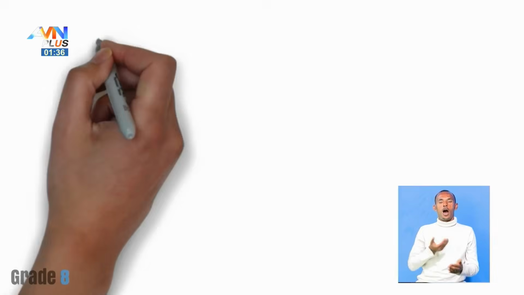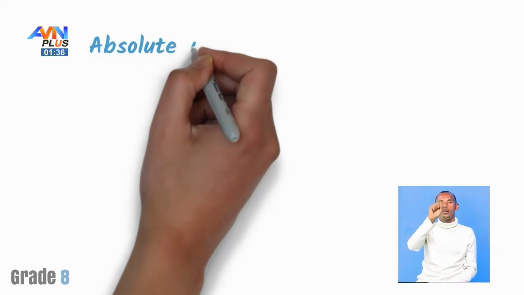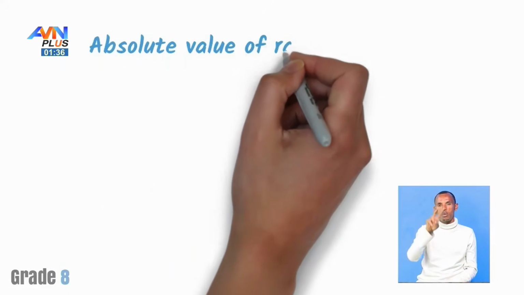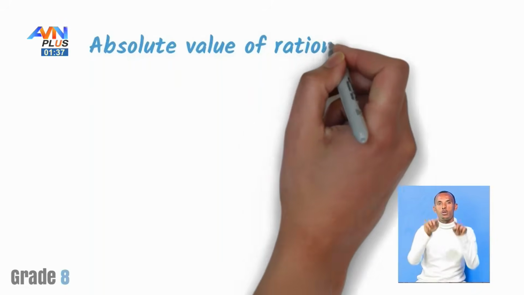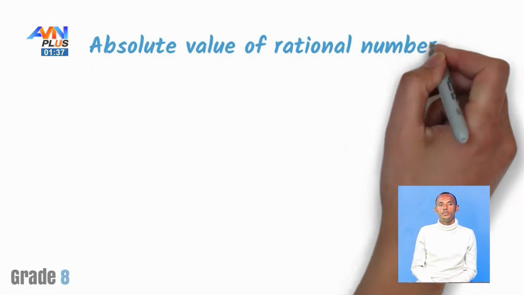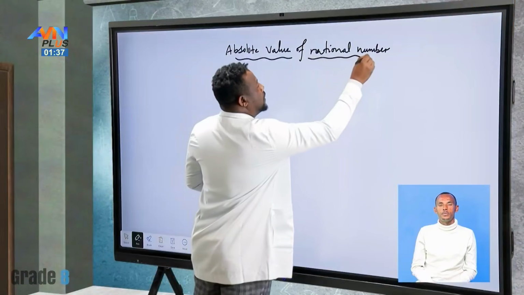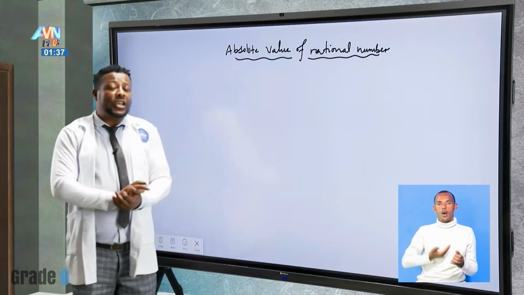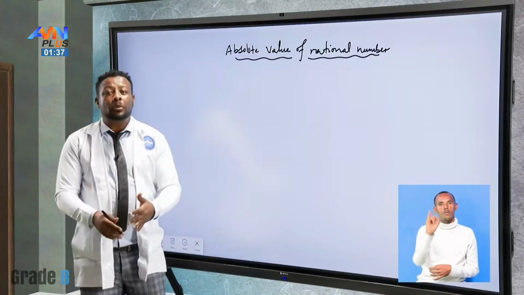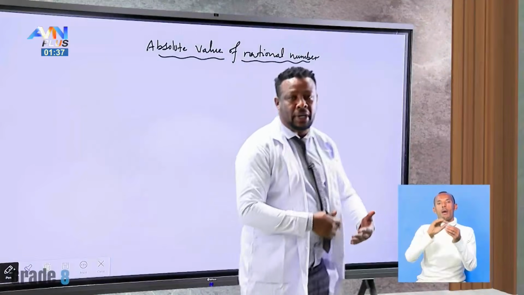Our next topic is about absolute value of rational numbers. So our second point of discussion for today is the concept of absolute value of a number, a rational number,